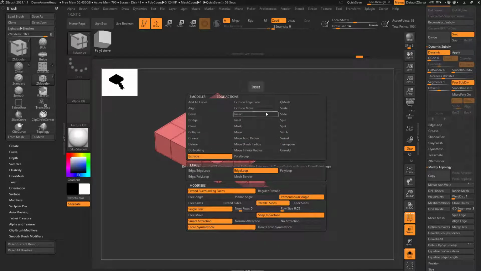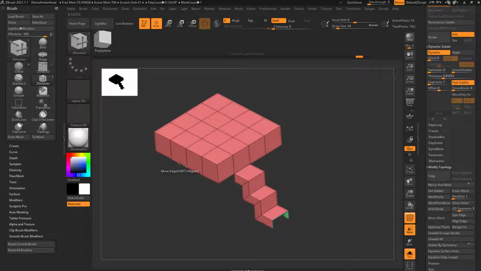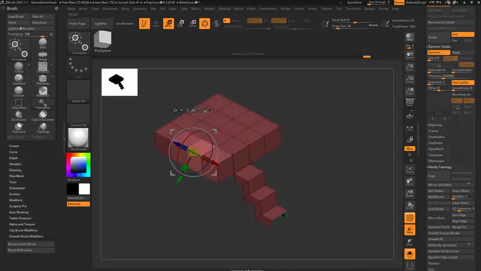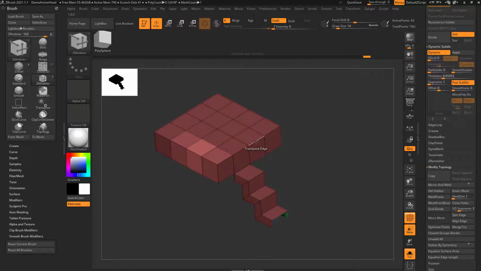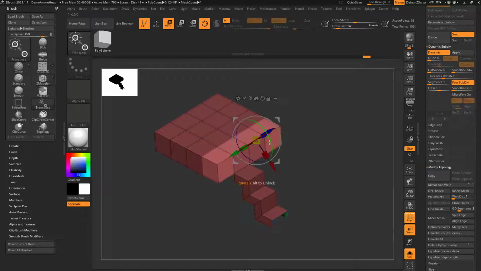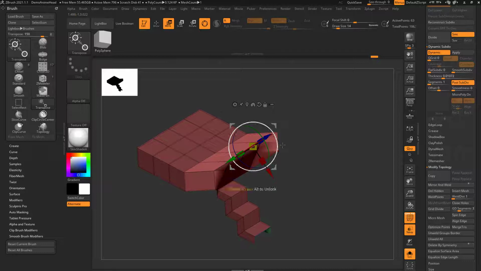Most of these are going to be the exact same functionality as the face actions. For example, if you want to move an edge, you can just click and you can move a single edge. Or like we did before, I can just go over here to Transpose, and I can transpose an edge, and that'll give me a gizmo control. Or I can tap off to go back to the edge options, edge loop complete. Now I can transpose this entire edge,